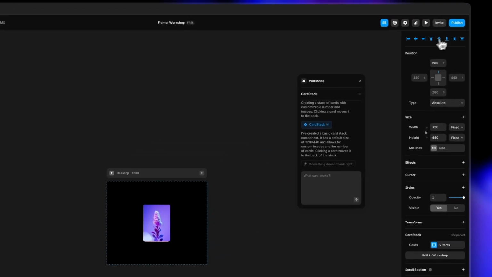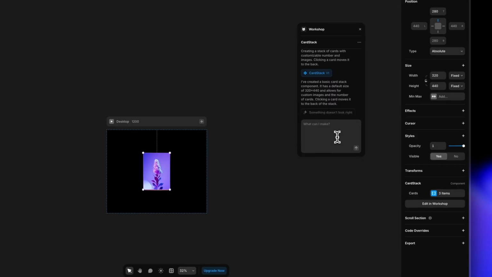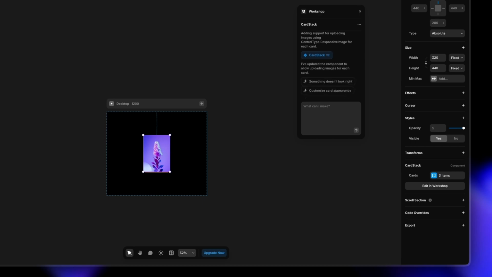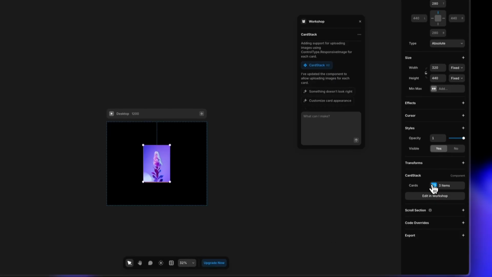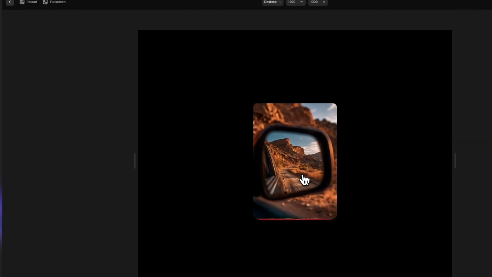Now let's look at this component here by selecting it. So we have 3 items. We can add more. But again, these are links of the images that you can add. So I'm going to be able to upload the images. So I'm going to write that in the prompt here. Hit enter once done and wait for the component to update. And once that's done, we can check here in the cards component. The images can be uploaded now. So yeah, I've uploaded all the images and now let's just play and have a look.